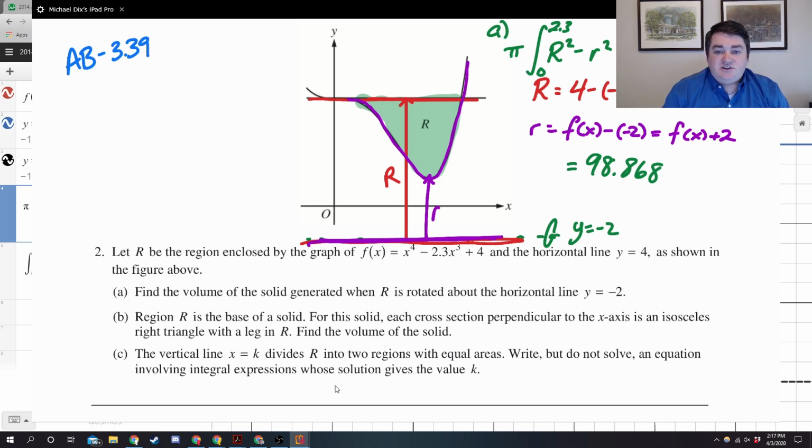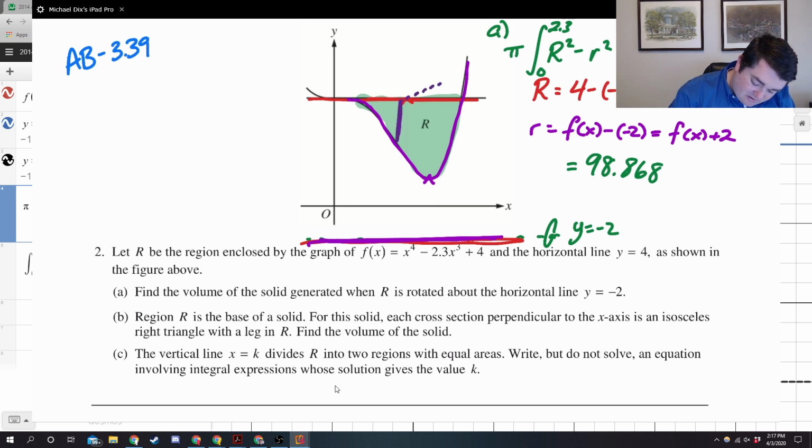Part B, region R is the base of a solid. For this solid, each cross-section perpendicular to the x-axis is an isosceles right triangle with a leg in R. Find the volume of this solid. So this is a different kind of volume problem. Here we have right triangles, isosceles right triangles that are standing up in the region R,